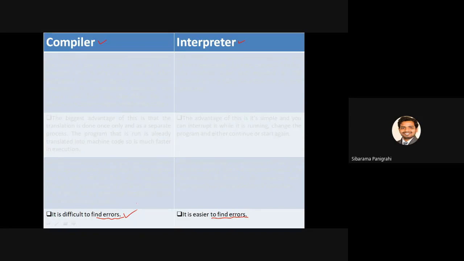You might have encountered it in C programming. Suppose you have forgotten to put a semicolon. For that, it may generate 2-3 errors. So when you put in a single semicolon, it's over. Whereas in the case of an interpreter, as you are concerned with a single line of statement, if you get an error in that line, you have to concern yourself with the same line. You should not have to worry about the other lines.